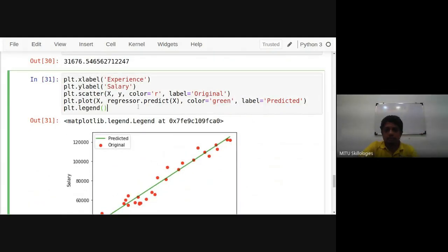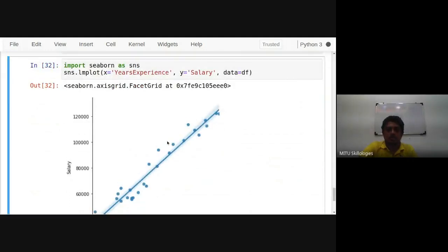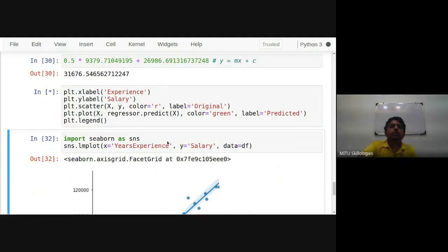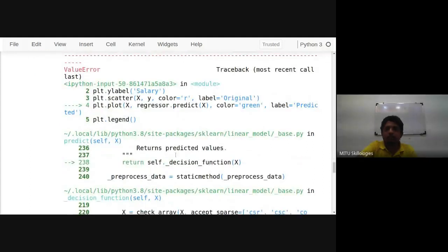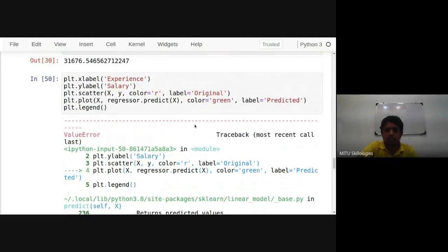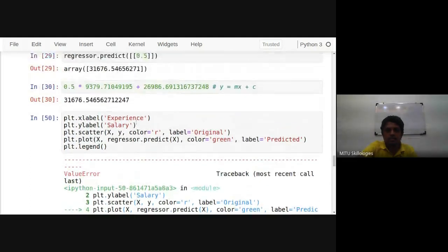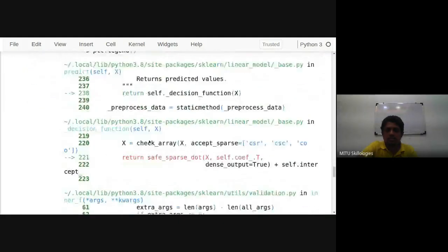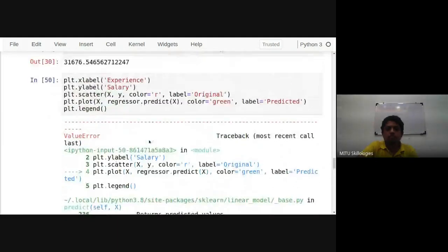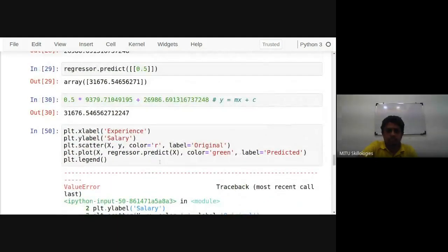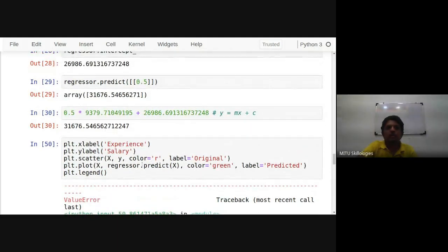Remember. And if you come below, we'll check the exact result presented here. I'm just executing this now. The graph shows the original data and predicted data. Just a minute. Any problem here? Regressor.predict on X. Here X and Y are the original.